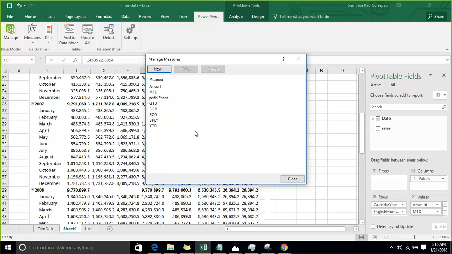And same period last year, which is similar to parallel period, but it is going to give the data for last year. Okay, last year this month, or last year this day, or last year this quarter, what are the sales it is going to give you. Now the next functions are